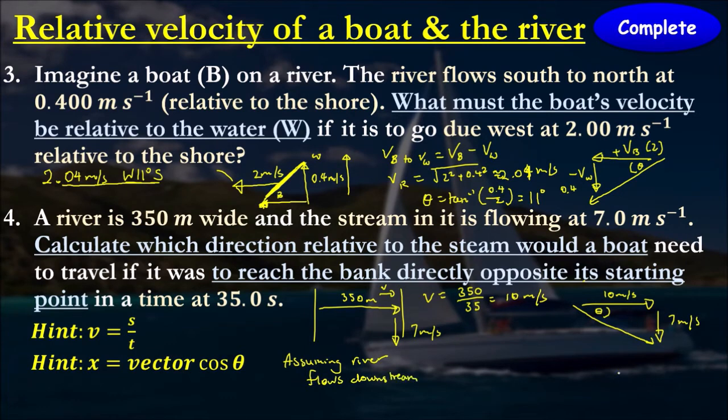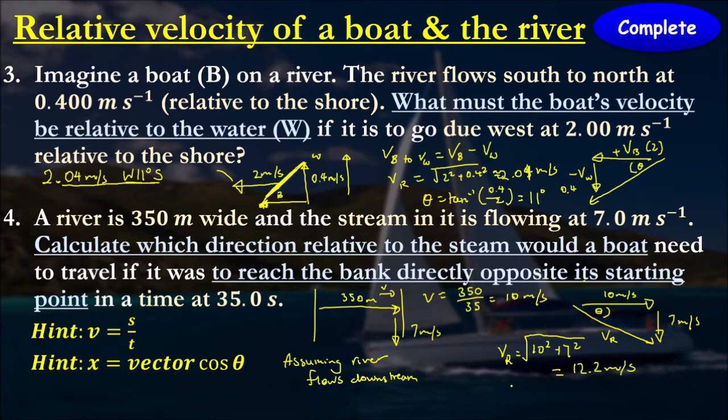Okay, so that means that this is the resultant velocity we need to travel to reach the other side at 35 seconds. But this is also the angle we will have to travel in the opposite direction later on to reach the other side. So our resultant velocity is the square root of 10 squared plus 7 squared, and that is about 12.2